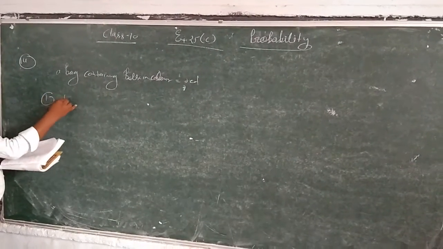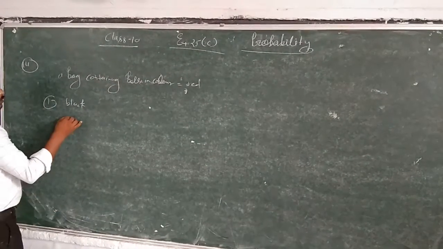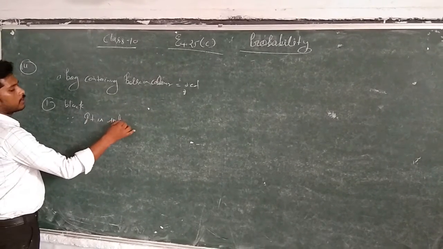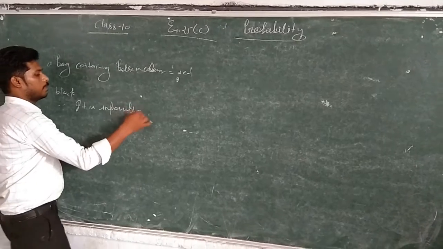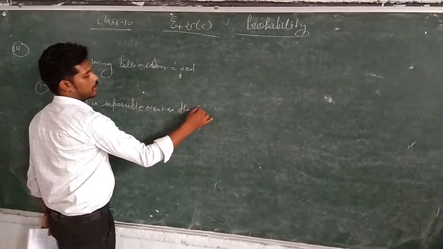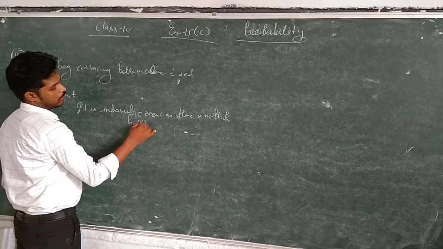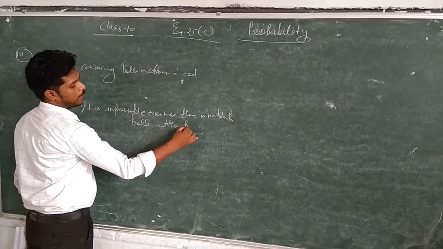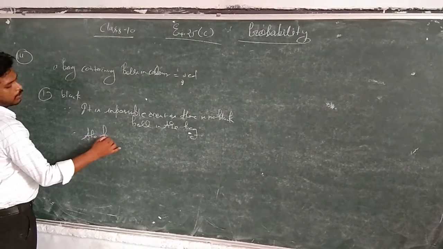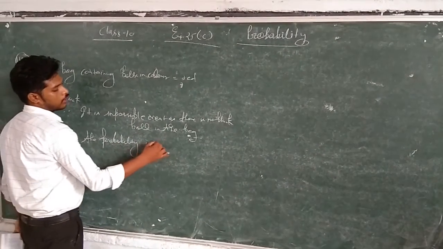First he is asking the probability of black. You know very well there is no black ball in the bag. So here you will consider it an impossible event, as there is no black ball in the bag. Hence the probability is 0.